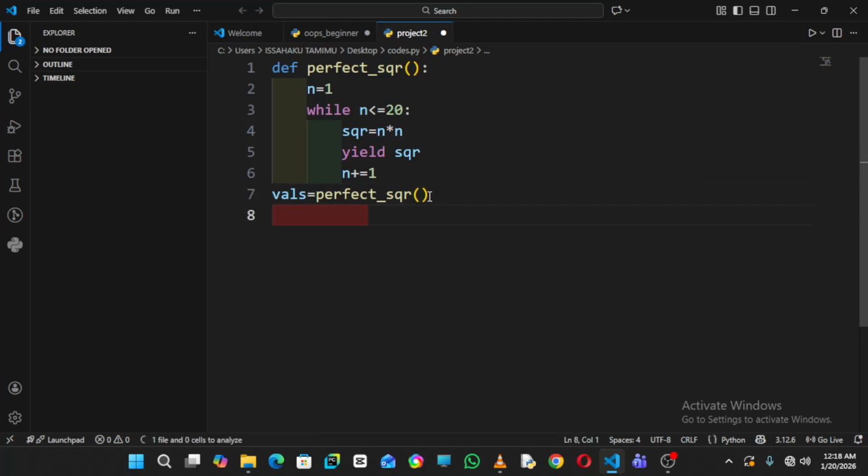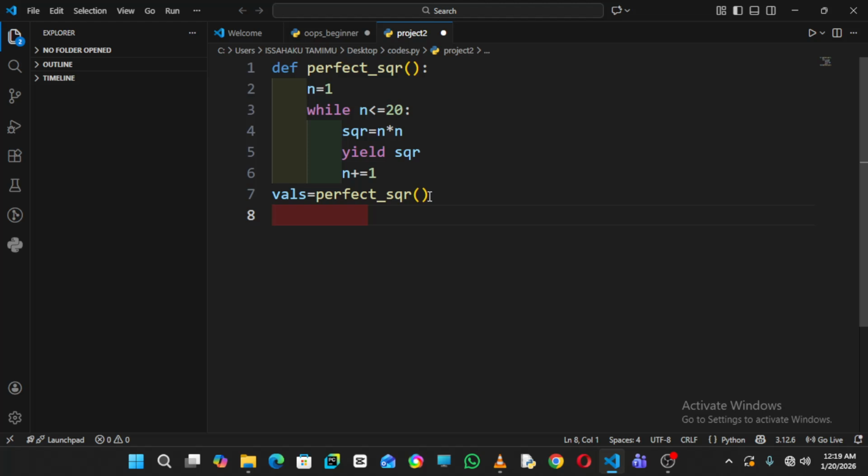But you can see in my code, there's no print. This code is working, though. We can call it in other places, if it's a class or even some other functions. But this one itself cannot work without me printing. The values will not be displayed, because now we have a container for all the perfect squares, but it will not be seen physically without a print option. Vals is a container having all the values, but we have not really printed them. You are getting me? So now let's continue.